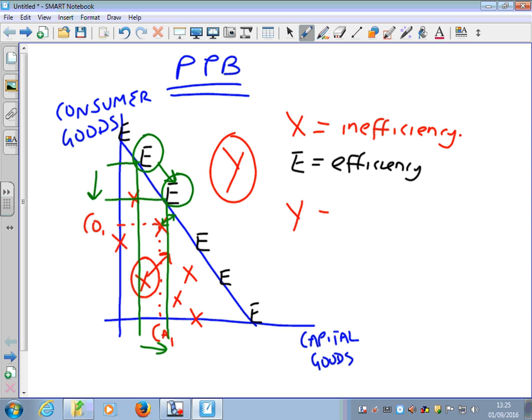And Y could be there, it could be here, it could be there. We call this in economics, at the moment anyway, unattainable. Basically, all it means is we lack the resources at the moment to produce that level of output. We haven't got the right level of factor endowment, in other words, the factors of production to produce to this point. At the moment, it's an unattainable output point. Okay, but moving on,